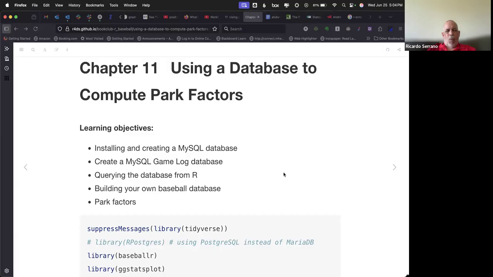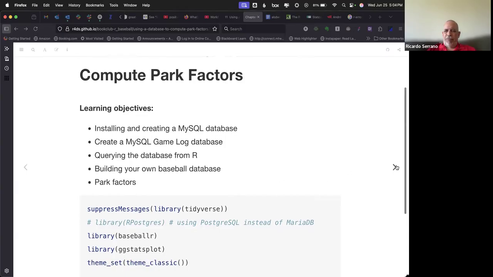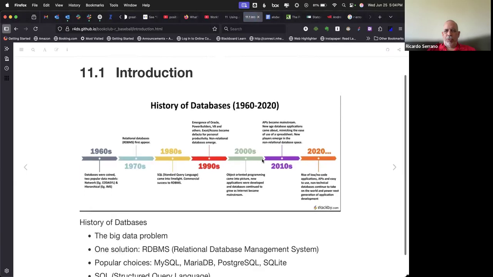Then we're going to talk about creating a MySQL game log database and querying the database from R, right? We can use SQL or we can use dplyr, the tidyverse. And then we're going to get to the main topic, which is the park factors, building your own baseball database to compute those park factors. Okay. So the first thing that I wanted to show you